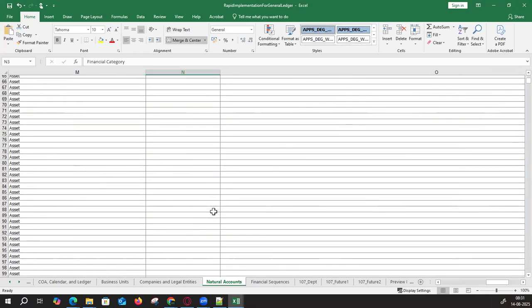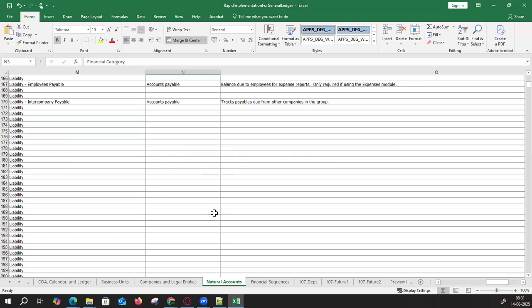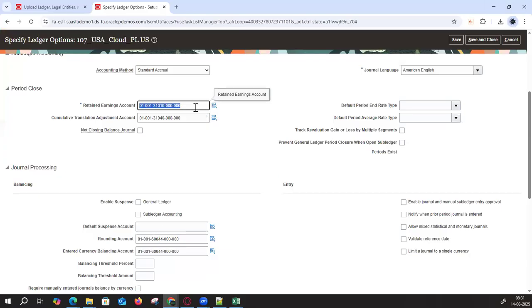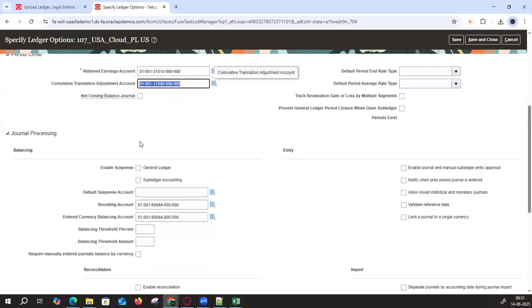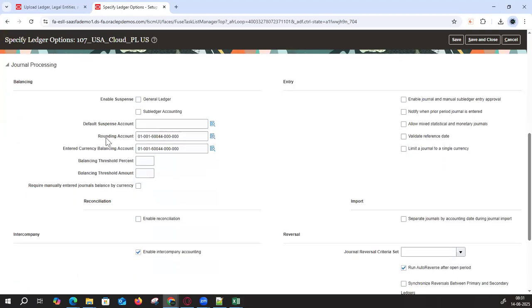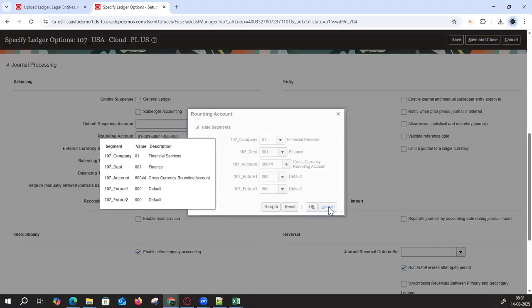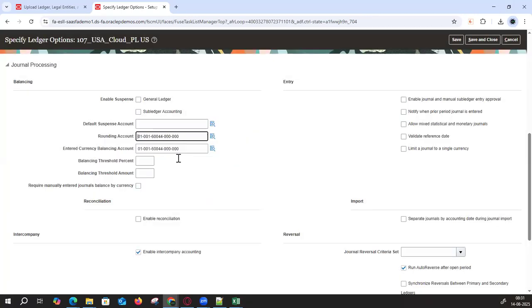Because of this financial category, some of the code combinations will get defaulted automatically even though you are not updating them. I updated this cumulative translation adjustment. I did not update a rounding account. Why did I not update it, and how is the system aware of this? See here, rounding account. Cross currency rounding account is coming. So you can cross check these account numbers. Copy this one,